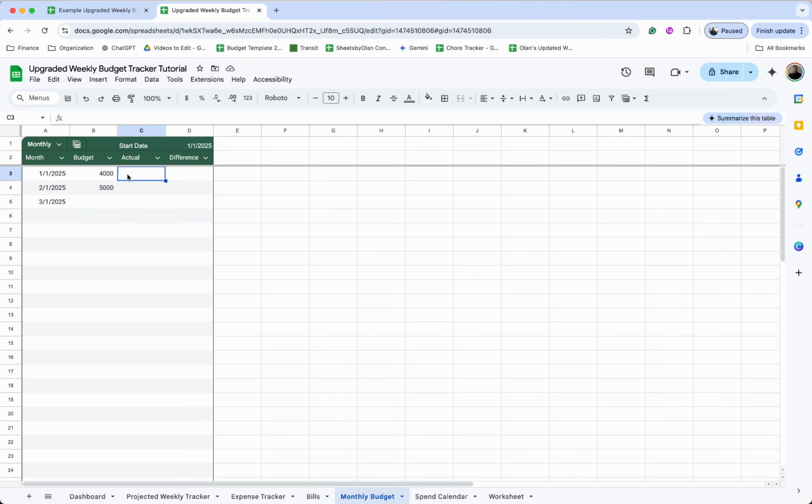So now we need to do the calculations for how much we've actually spent in the month. And this is going to be a little bit more of an in-depth formula, but don't worry, just follow along. So we're going to put equals IF, open parentheses, ISBLANK, open parentheses, B3, which is again the budget, because we only want this to show up if the budget exists. We'll put a comma, comma, so that way it's blank if it doesn't. Then we'll put IF, open parentheses, TODAY, open parentheses, close parentheses, is greater than A3, which is our month start right there. We'll put a comma, open parentheses,